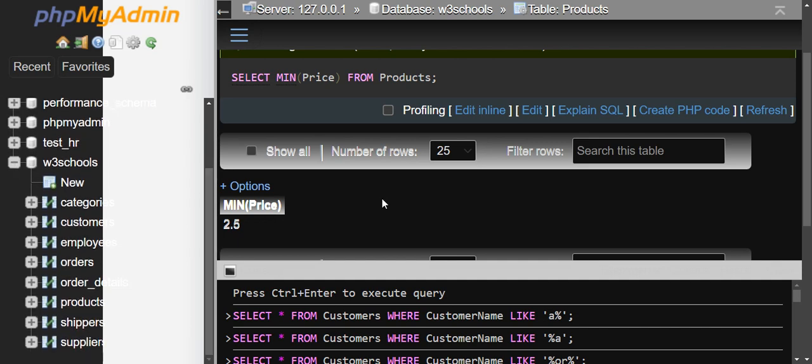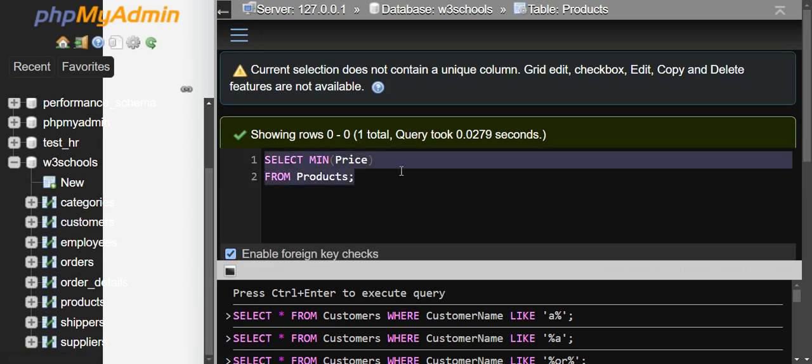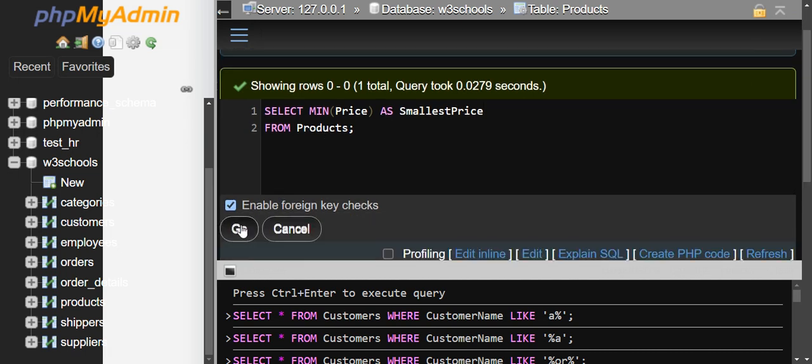Now let's modify this one. This time we will put an alias. Here's the spelling of alias. We just added an alias right after. Reading it is very straightforward: select the minimum price, and you rename it as smallest_price, from products. So if we click Go,